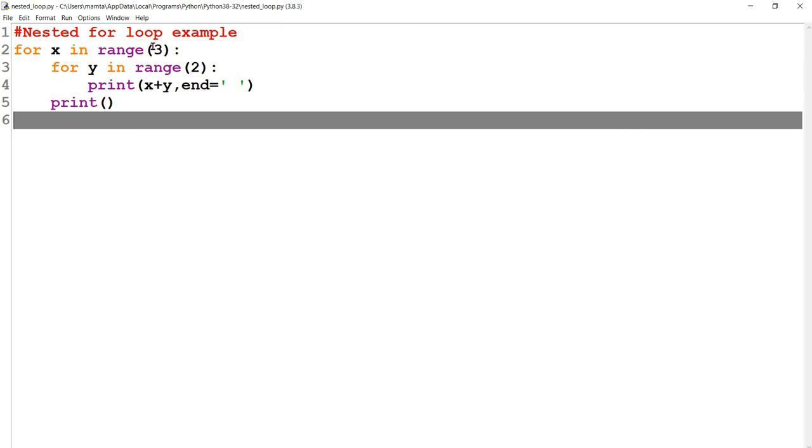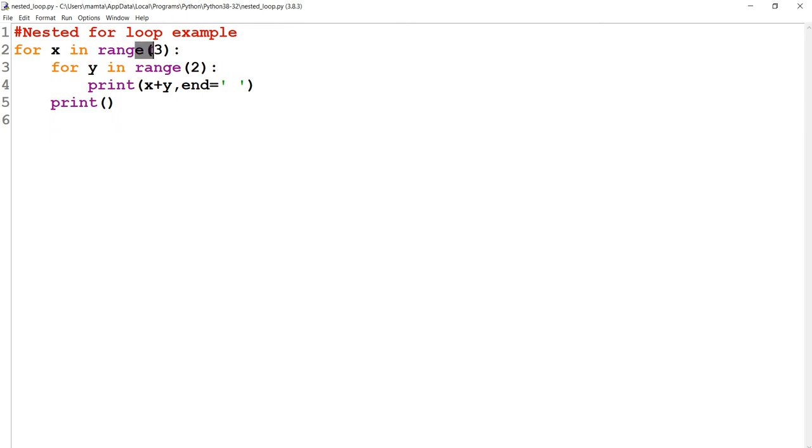So now what will happen? The outer loop will be running from 0 to 2, as we know, range upper limit minus 1.